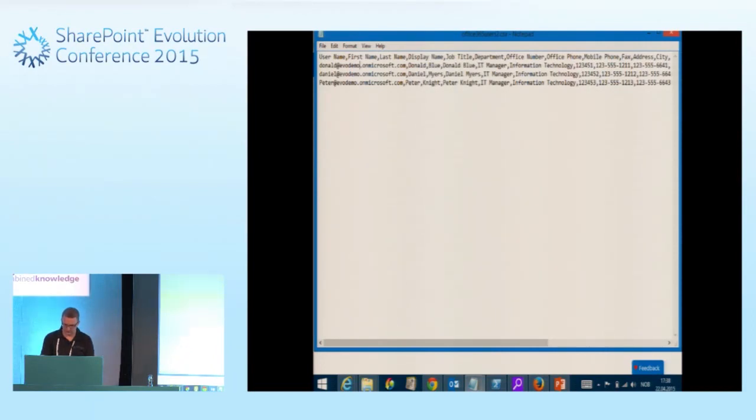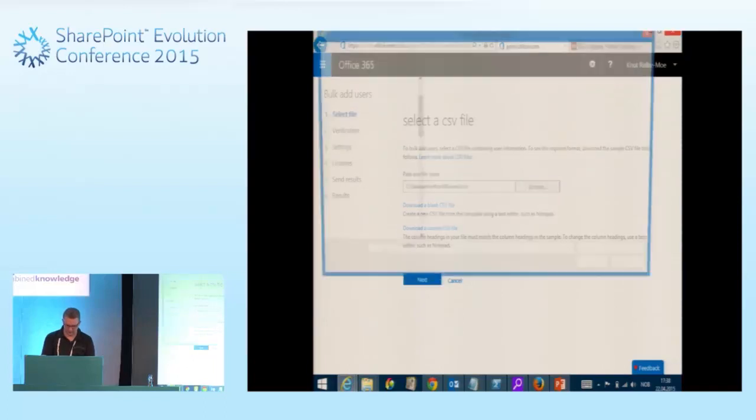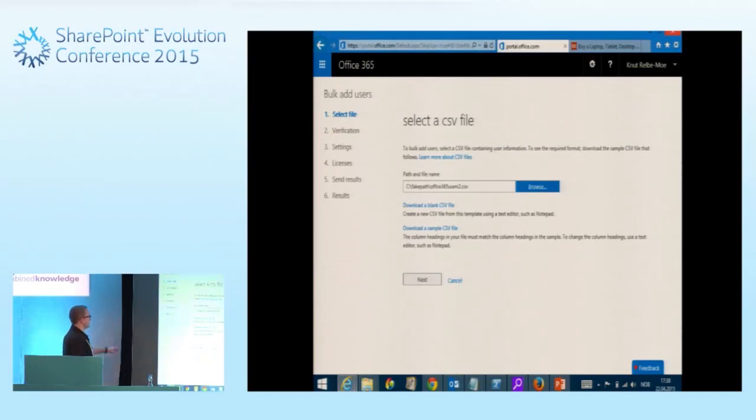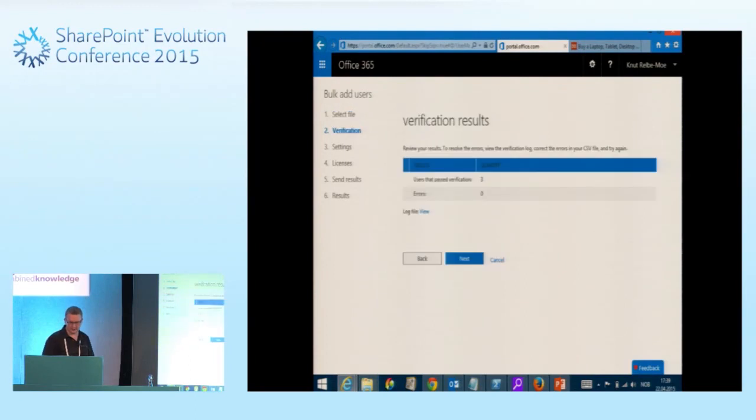So let's just close it and browse it again, so it makes sure it has the change. And as you can see here, you also have the option to download a template, so you know how you should build it up yourself, or you can download a sample file, which will include the same usage which I'm using here. And then we're just clicking next. Now you can see that it's actually verifying your file to see if it is valid. So we can see that in this case 3 users passed the verification. So if I click next,